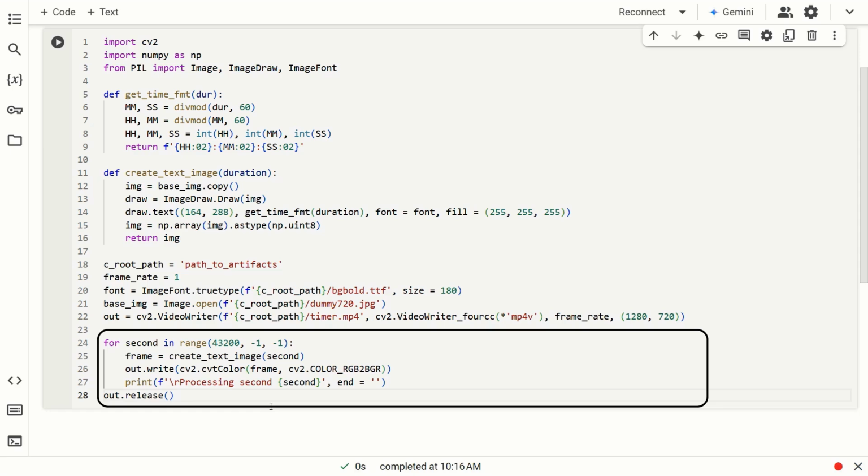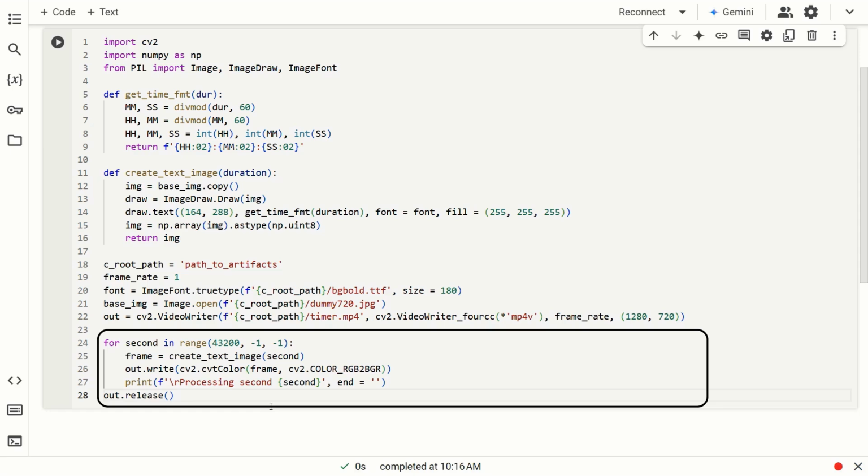The third parameter to the range object is the step size. It decreases the loop variable by 1 in every iteration, essentially counting down to 0. In every iteration of the loop, we convert the seconds into HHMMSS format. We make a copy of the template image and overlay the timer on it. Then we convert it into a NumPy array, setting the data type to int8, since the values range from 0 to 255. This saves some computational resources and optimizes the process. We feed the array to the video writer object, which holds them in buffer memory.